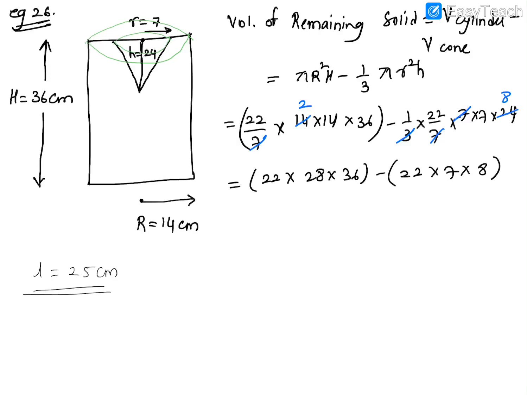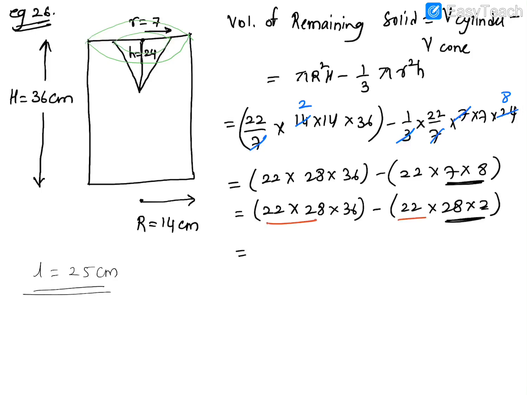Okay, now if you find these calculations easier, I'm trying to do it in a different way. 28 into 36. What I'm writing in the other bracket is 22. Now instead of 7 into 8, I'm writing it as 28 into 2. I hope you got how. So 7 eights are 56, 28 twos are also what? 56.